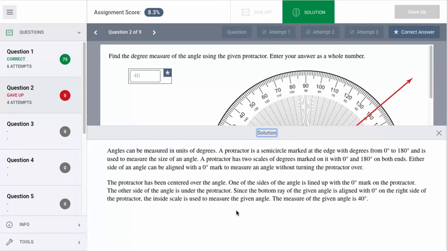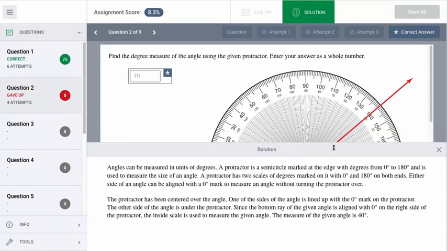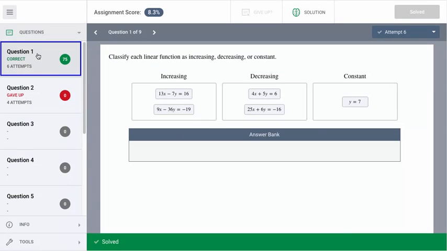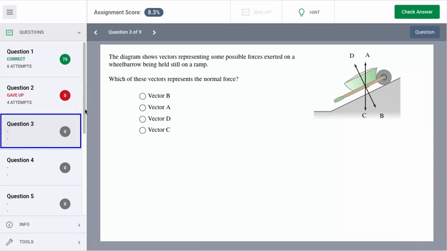If they do choose to give up, then they can now review the question and the solution so as to better their understanding of how to solve similar problems in the future. Users may go back to previous questions or jump forward to any other question by clicking on that question in